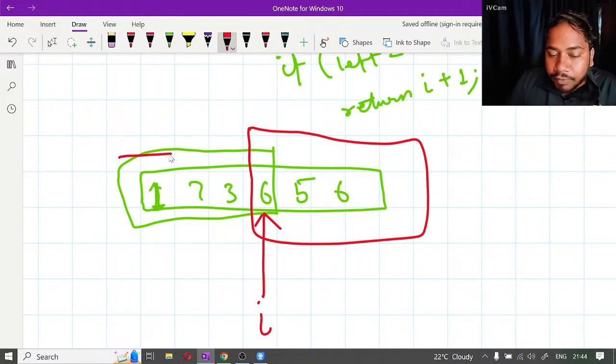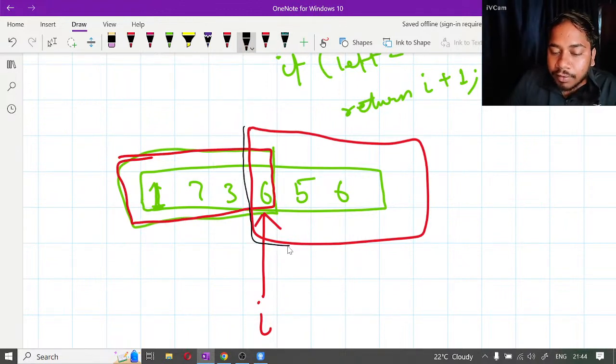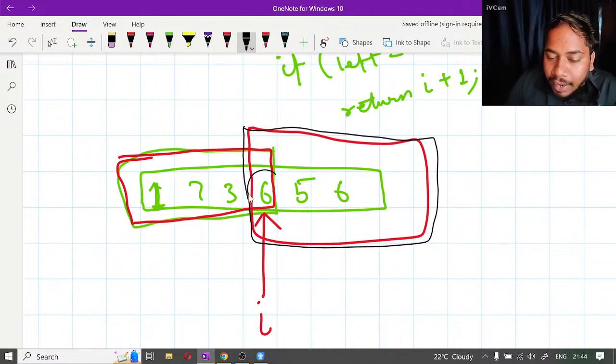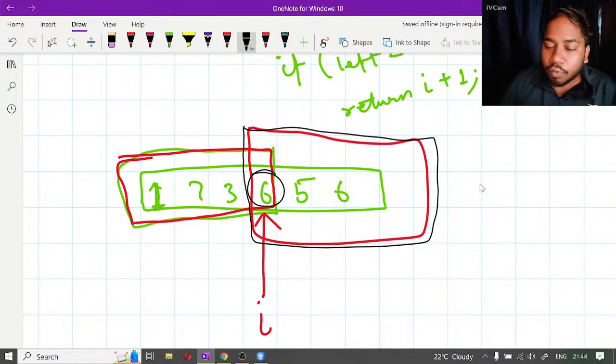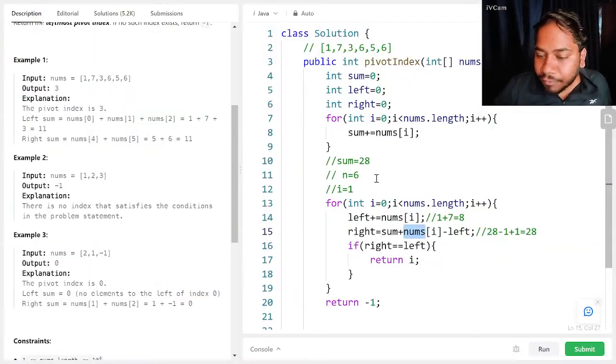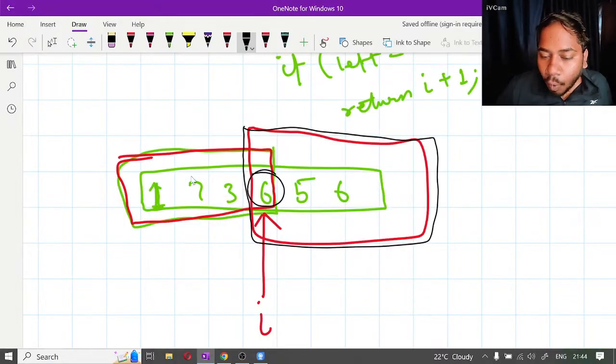Understood? If the sum of these elements and the sum of these elements turn out to be equal, then the common element is called the pivot element, sir. So in left, we are getting the sum of all these,